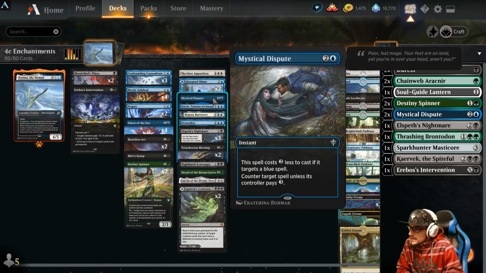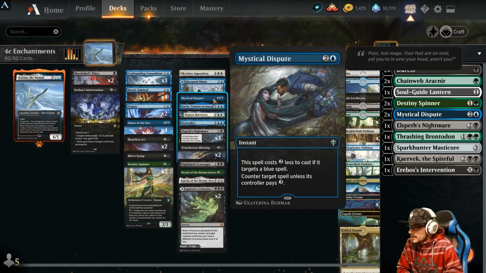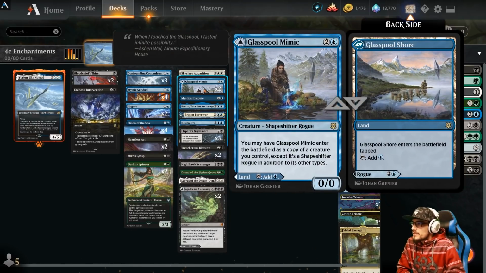A single copy of Mystical Dispute, instant speed. It costs 2 less to cast if it targets a blue spell, and counter target spell unless its controller pays 3. 2 copies of Glasspool Mimic // Glasspool Shore. The MDFC comes in tapped, adding a blue to our pool. Or the Rogue is a 0/0, entering as a copy of another target creature we control, except it's a Rogue